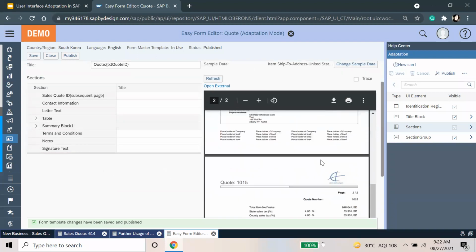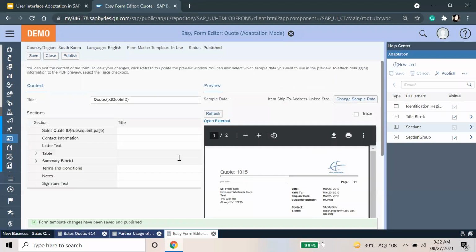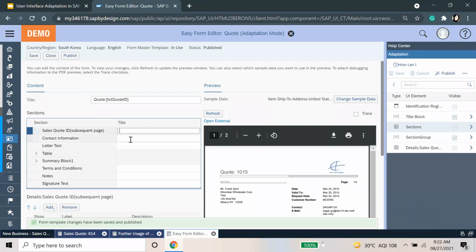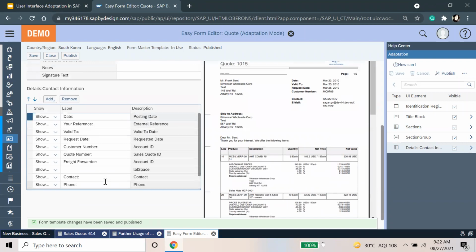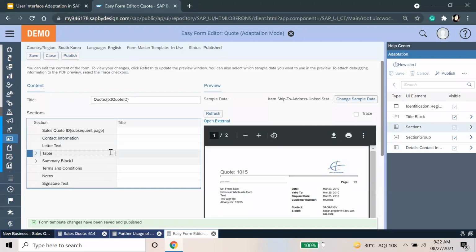Okay, so here we can do our changes. If you want to put something here in the sales code title or the contact information, it will come accordingly here.